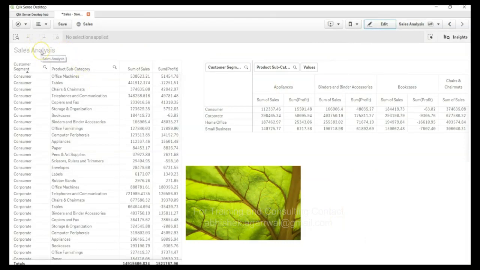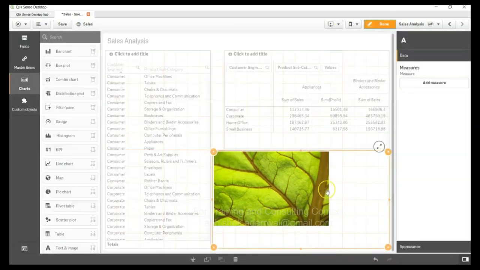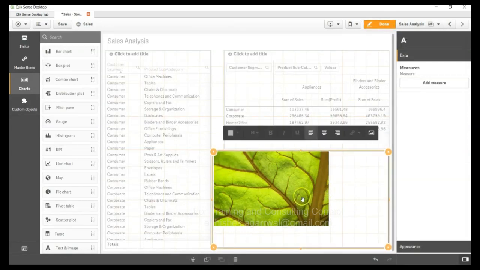Generally at the top you have the company logo, either on the left side, on the right side, or in the middle. You can decide the location based on what your needs are. So that's basically how you can add the text or image into it. But if you have a need where you want to add your custom image, then what you can do is